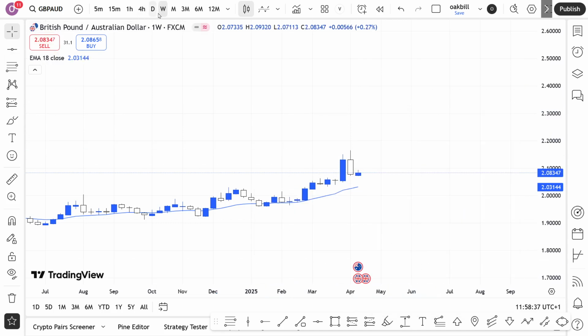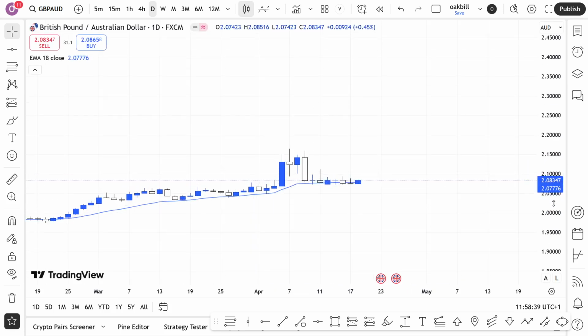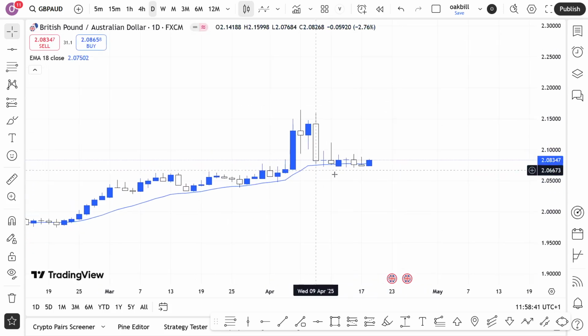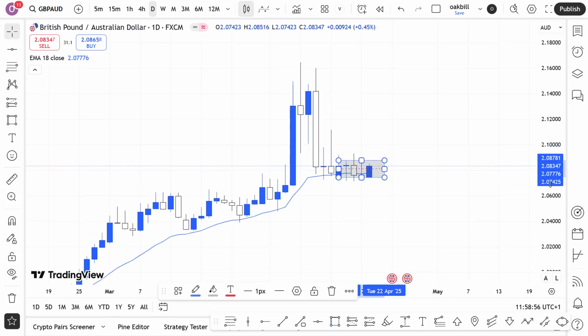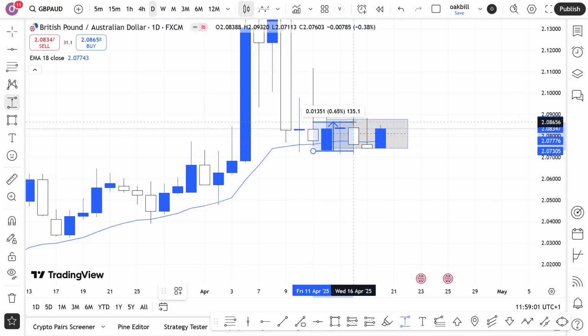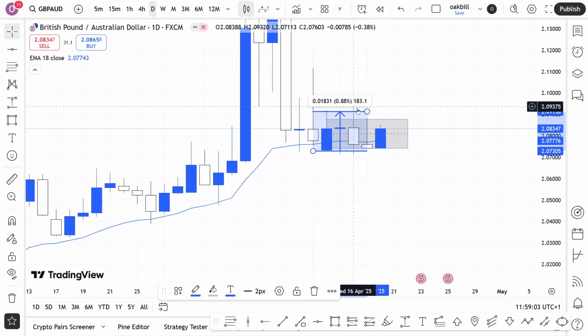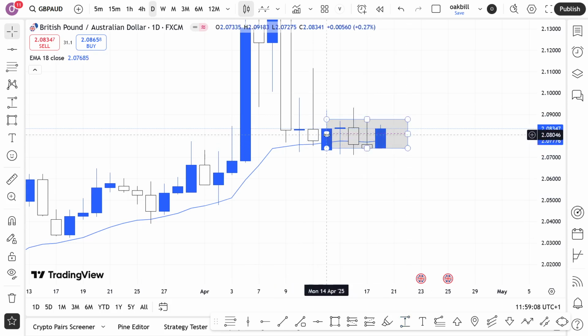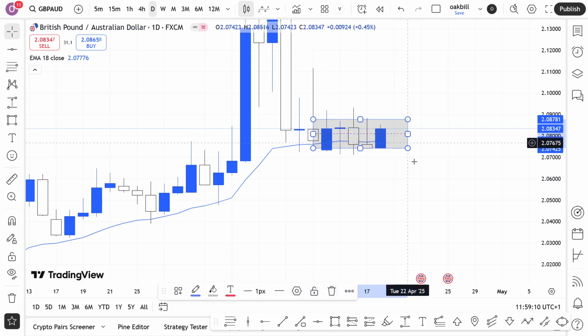Let's go to a daily basis. Last week we can see a form of consolidation, a sideways consolidation. This is Monday, Tuesday, Wednesday, Thursday, Friday. We have this small consolidation here, but this little consolidation also gives us some pips, because looking at this, you're going to see roughly 50 to 100 pips here. Actually, 80, 120 pips. So there's something to catch from it. So now we're in a consolidation.